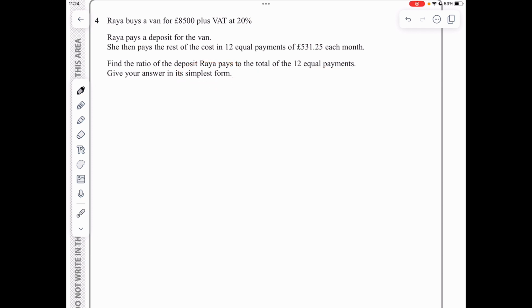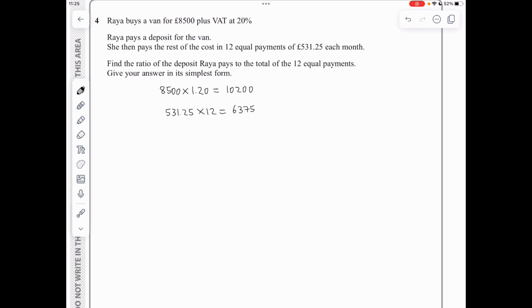So I will start by finding the total cost for the van. So it's the 8,500, and I will add the 20%, which means I will multiply by 1.20. That's the multiplying factor associated with an increase by 20%. So we get 10,200. Now we've got 12 equal payments of 531.25. So 531.25 times 12 gives an answer of